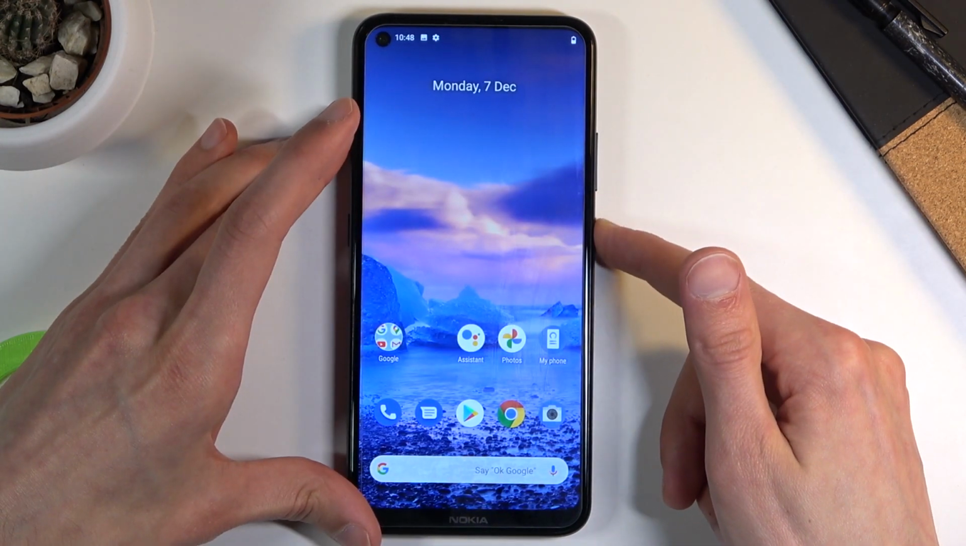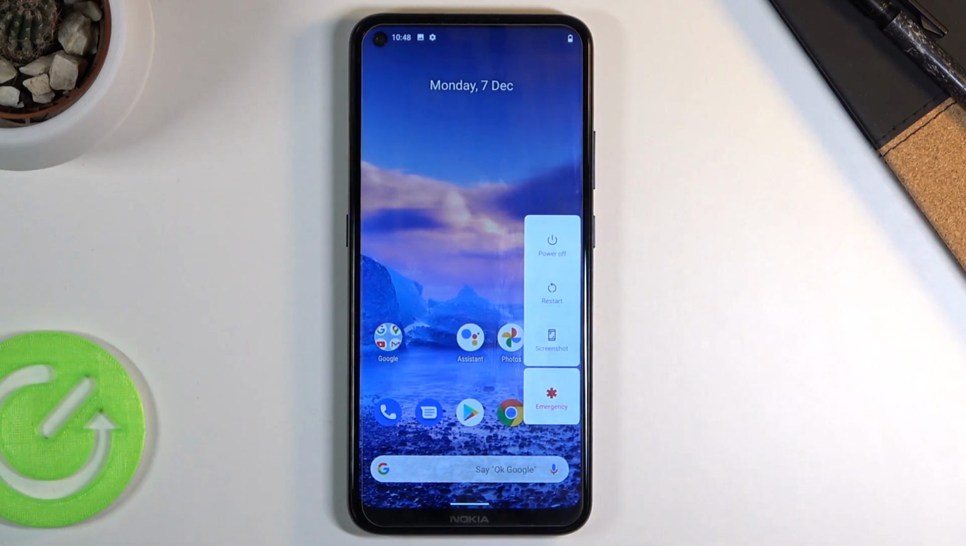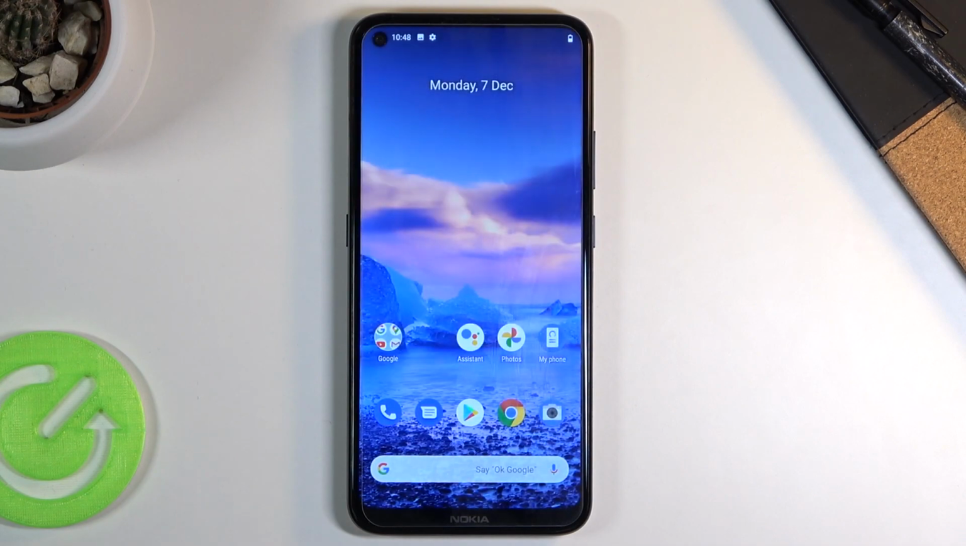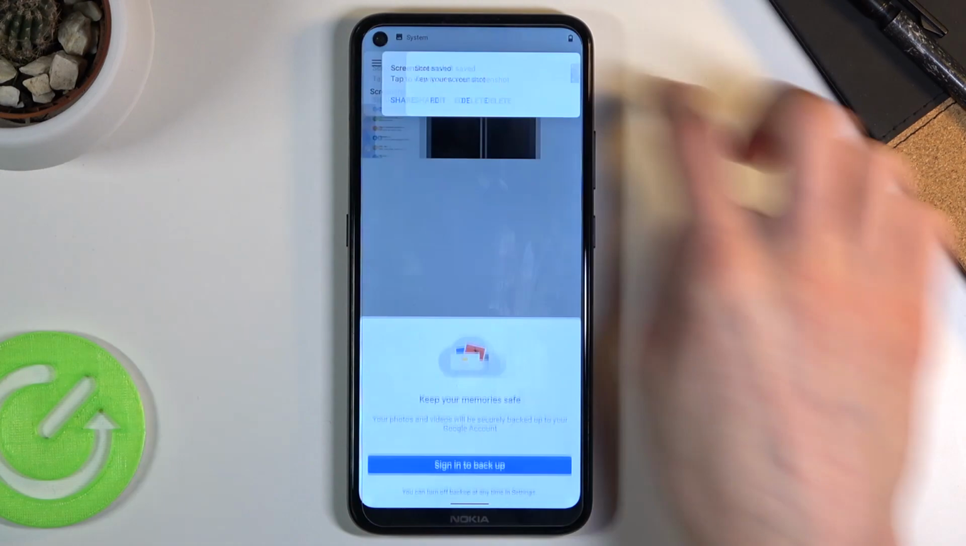Now let's see if there's another one. Yep, there's also by holding the power key, you will have the screenshot option right here. Same thing. Now whatever screenshots you have captured, all of them can be found in your photo gallery if you